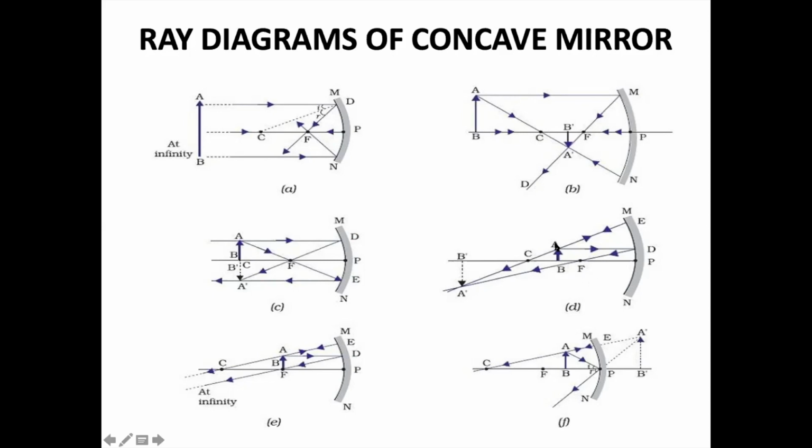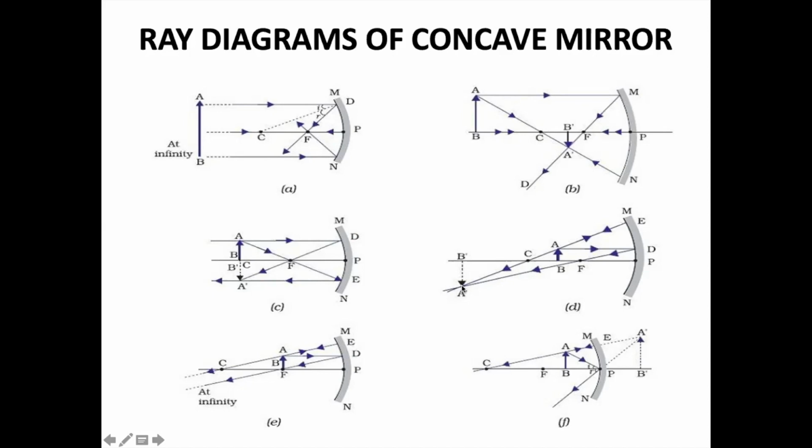Now over here, this is an object. It is placed between the focus and center of curvature. Which rule are we going to apply? Rule number 1. The incident ray is parallel to the principal axis. It will reflect back and pass through the focus. Second, which rule? Rule number 3. From the height of the object, allow it to touch the center of curvature and then extend it to here. So the ray passing through the center of curvature will come back. See, from here the ray is going straight over here, it will come back. Extend it. Where the two rays are meeting is this.